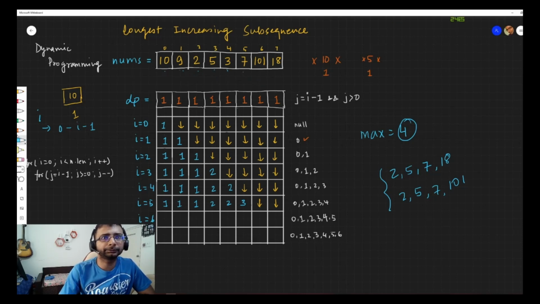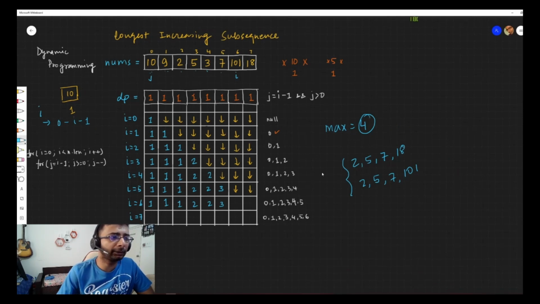So I moves on, I comes to 101 and J at 10. So let me copy the values and we are trying to look for the value at this cell. So again, can I extend 101? Yes, I can definitely extend. So the value there is 1 and what we can do is we can append ourselves and get a 2. J moves on to 9 and again 1 plus 1 we can get is a 2. So we move on, we come here, we can extend. The best value that we can get is a 2, which is already our value, so